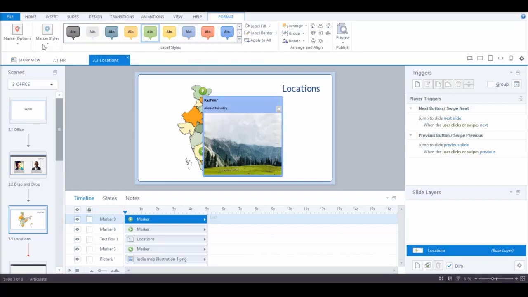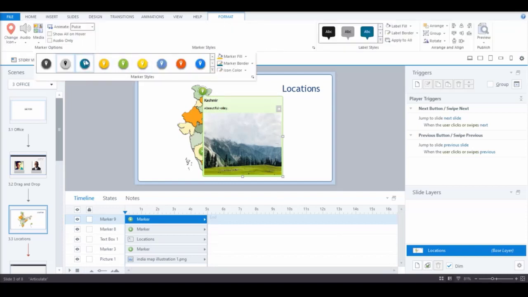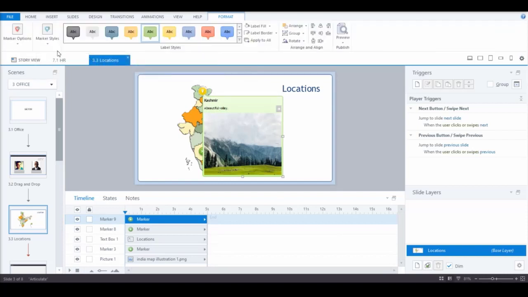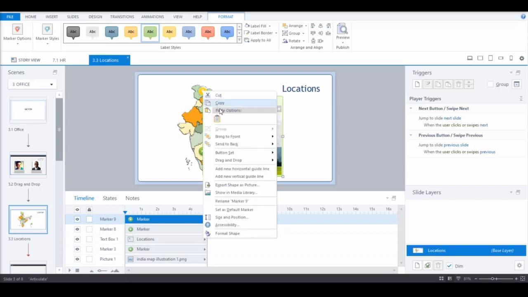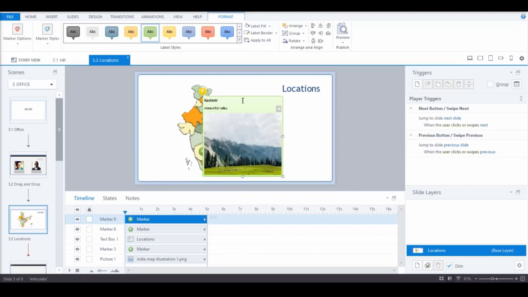If you go up to the marker options here, especially important is the animation. So we have a swirl and you can have the pulse. So if you wanted to, you could use any one of those. So you can change the icon. And if you really like the icon, if you spent a little time formatting it, you can right click and set the default marker. So let's preview this by